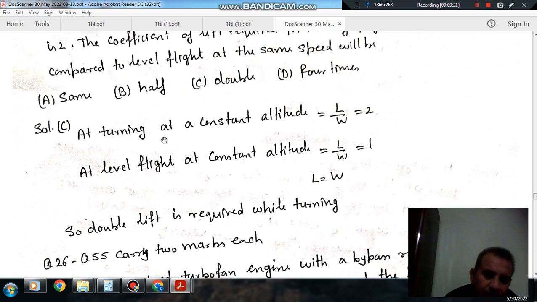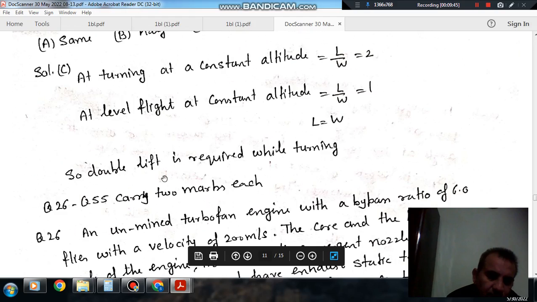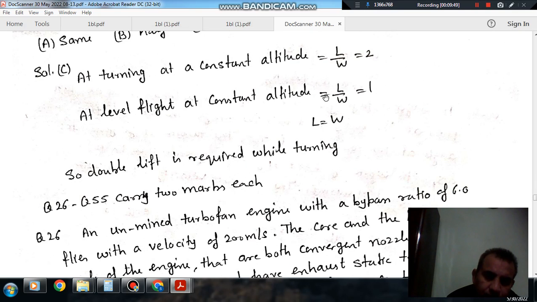So during turning at constant altitude, the load factor is L by W. At constant altitude, the L by W is 1, lift is equal to weight. Okay, and so it means double lift is required while turning. Because at constant altitude and with the same speed and uniform speed, the lift will just balance the weight of the aircraft. Okay, so but